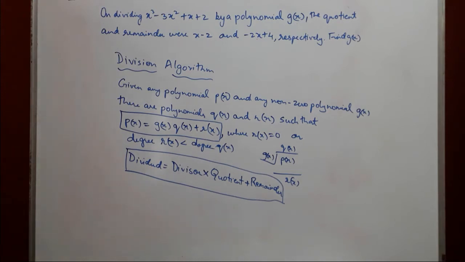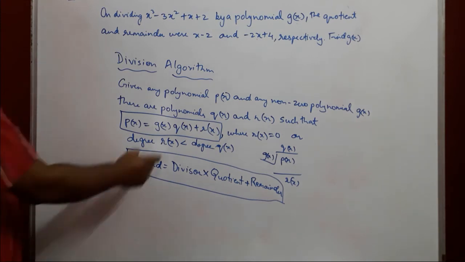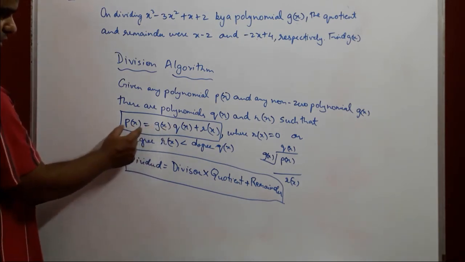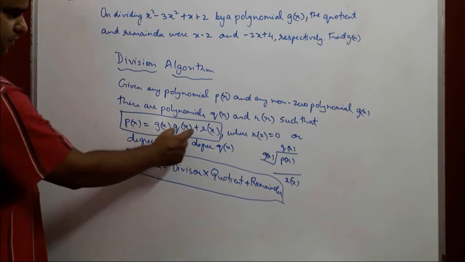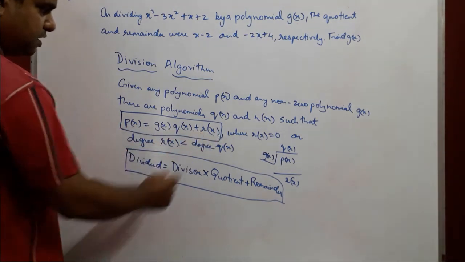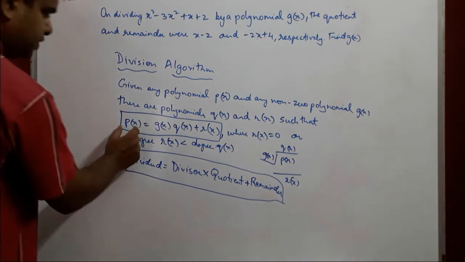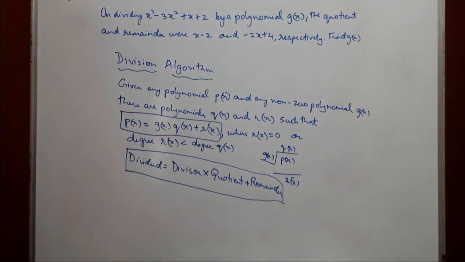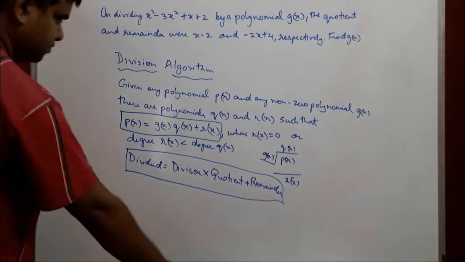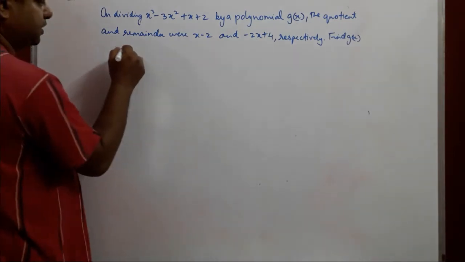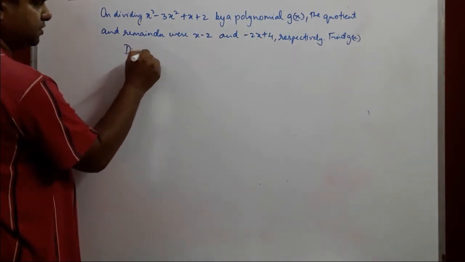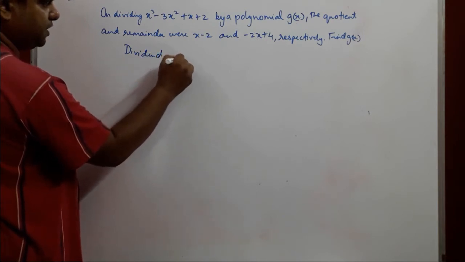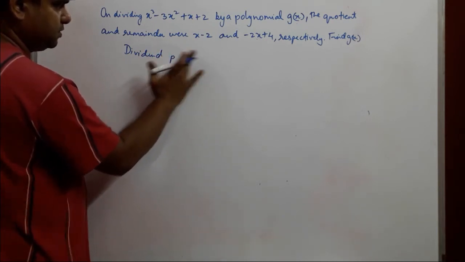So this is how we will be able to find g of x. We are given p of x, q of x, and r of x, and putting them where they belong, we can find g of x. So let's use this division algorithm to solve the above problem. We'll write down the dividend, or p of x in this case,